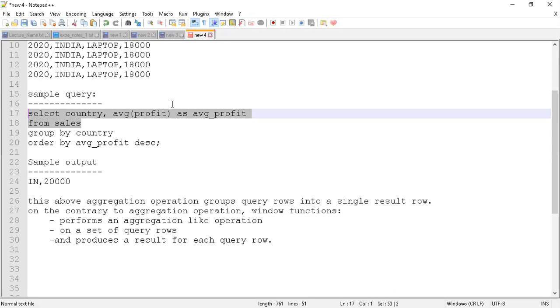Now, what happens if I would like to sort the output? If I would like to sort the output, then yes, I do have an option. I can do that kind of sorting inside a keyword which is used as part of the windowing function.